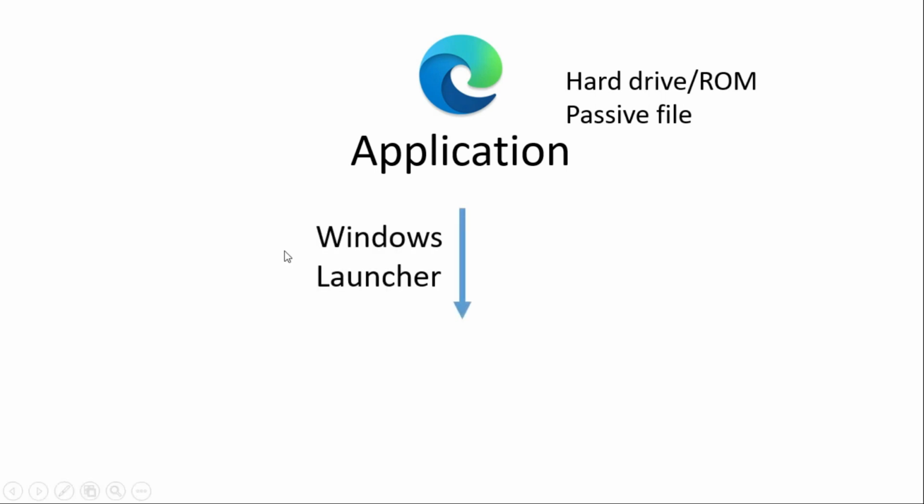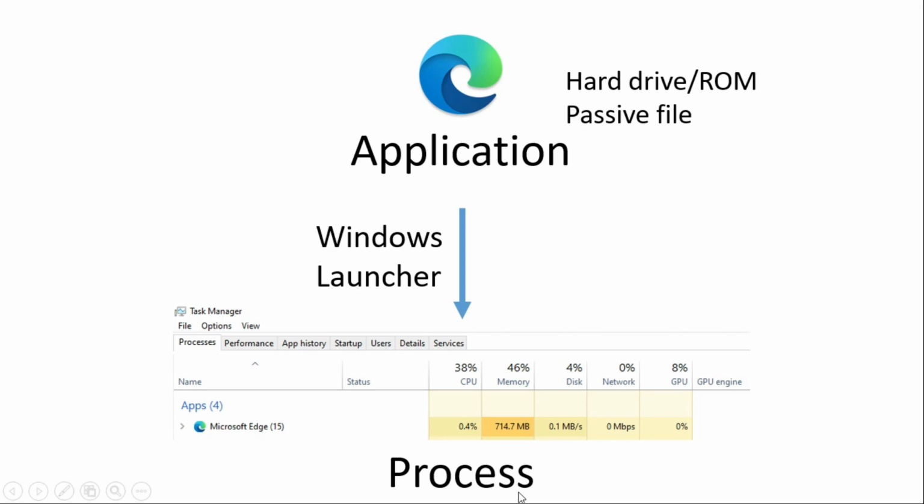An application will simply reside on the hard drive until it is launched by the user and will not require any of the resources of the system. Hence, one can say that an application is a passive file since it does not require much of the system's resources. Whereas an application, when it is launched, gets converted to a process and it requires many of the system's resources depending upon the type of the application. So it can be termed as an active file.